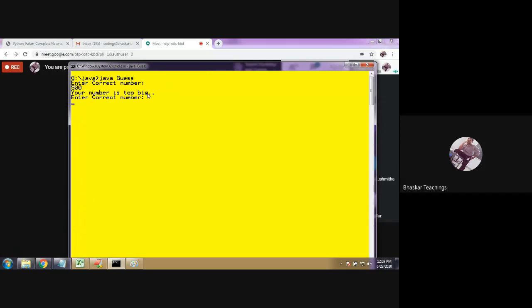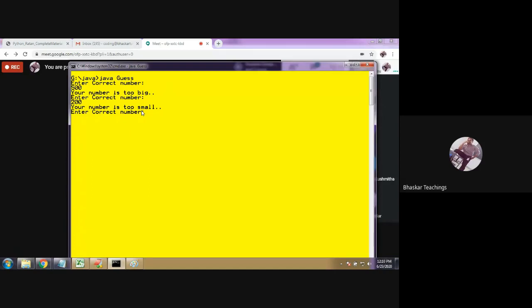When the user enters a number which is bigger than the correct number, it should display your number is too big. Now if he gives another number, it is saying the number is too small. If the user enters any number which is less than the correct number, it should display your number is too small. So this is how the program should go.